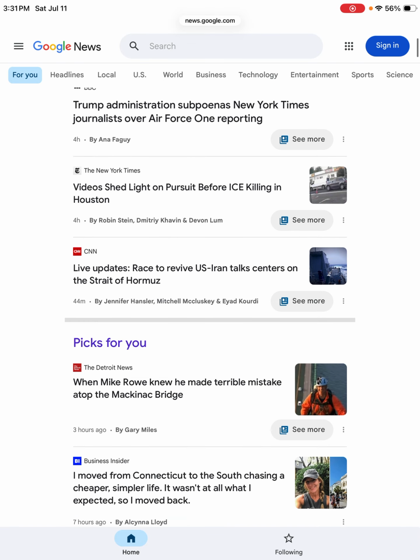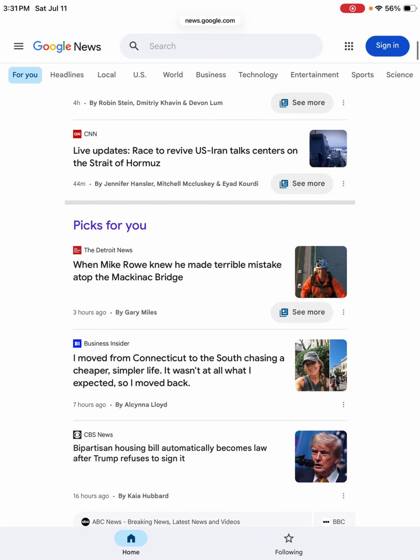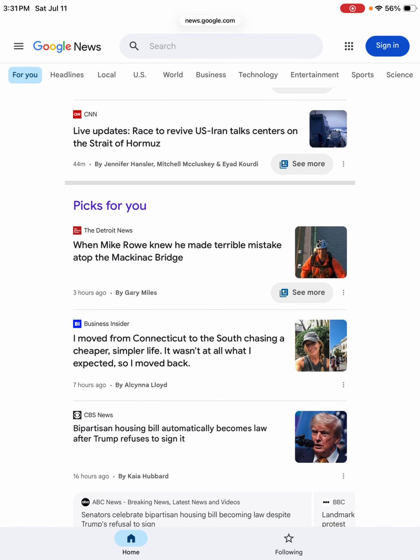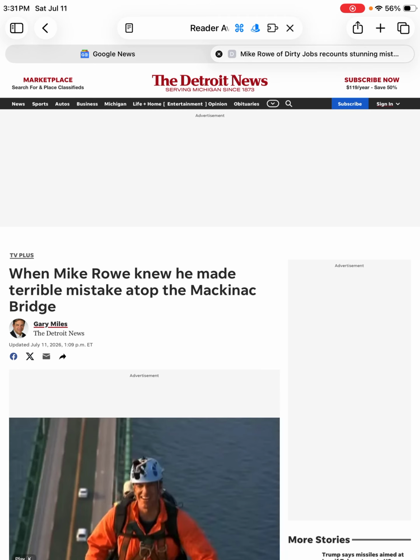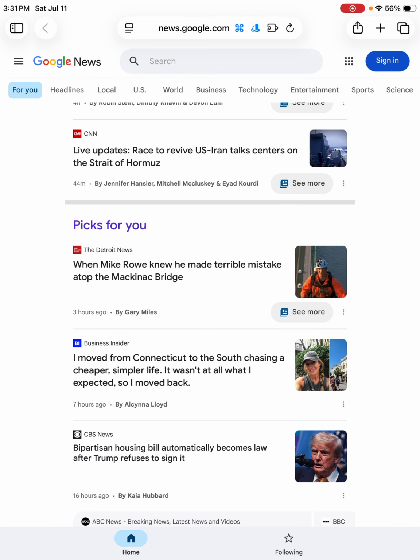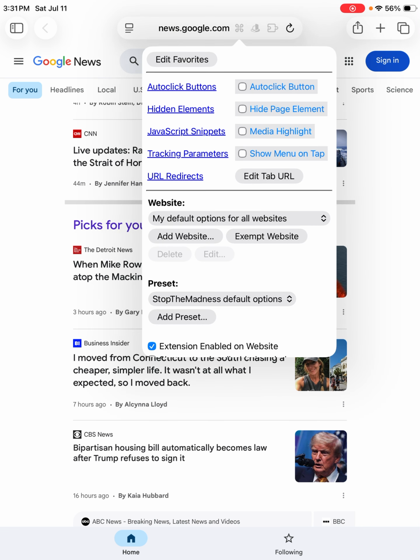One thing about Google News is that whenever you tap on a link, they open in a new tab. So I'll tap on this link here, and you can see it opens in a new Safari tab, and you may not like that. Maybe you want to open all links in the same tab, and you can do that with StopTheMadness Pro. So I'll open the extension pop-up, and instead of pressing exempt website, you press add website, and